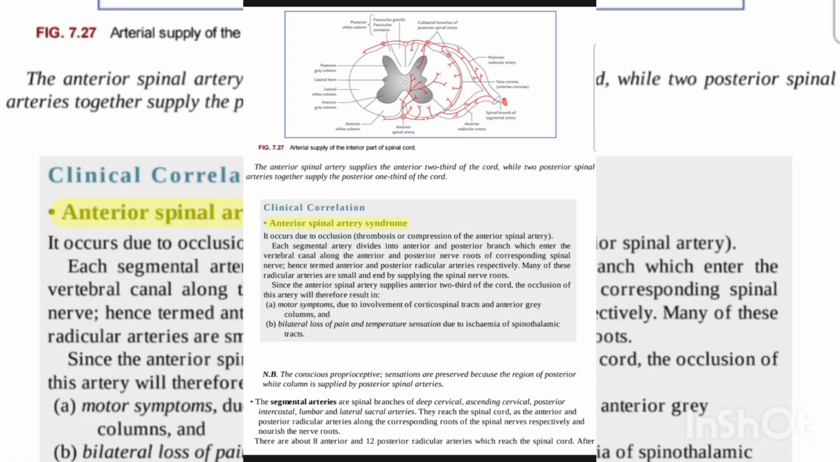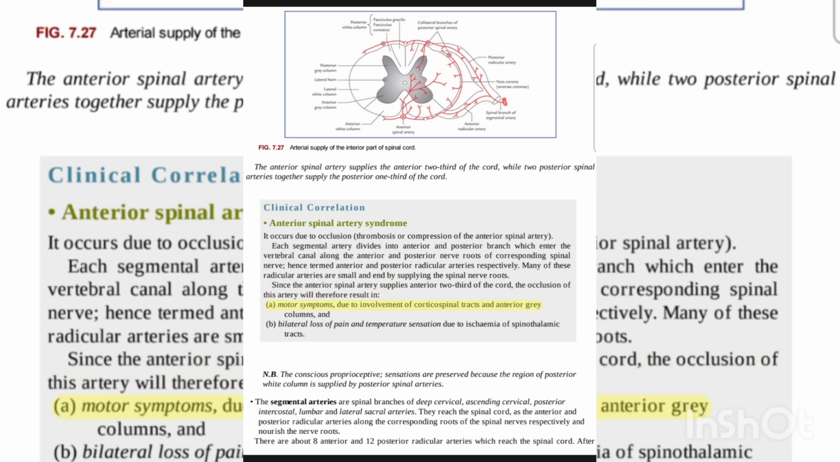Clinical correlation. Anterior spinal artery syndrome. It occurs due to occlusion, thrombosis or compression of the anterior spinal artery. Each segmental artery divides into anterior and posterior branch which enter the vertebral canal along the anterior and posterior nerve roots of corresponding spinal nerve, hence termed anterior and posterior radicular arteries respectively. Many of these radicular arteries are small and end by supplying the spinal nerve roots. Since the anterior spinal artery supplies anterior 2/3 of the cord, the occlusion of this artery will therefore result in